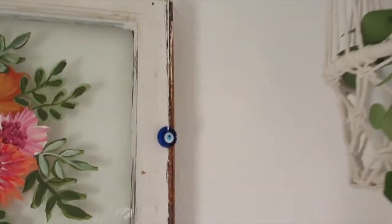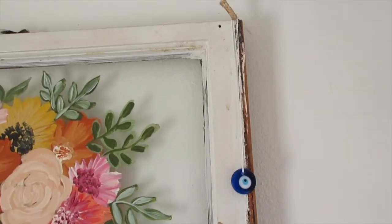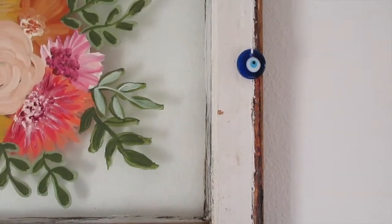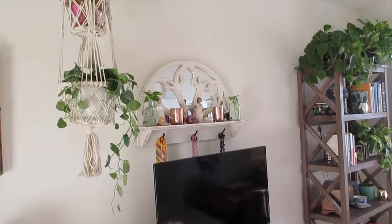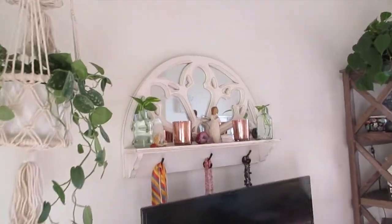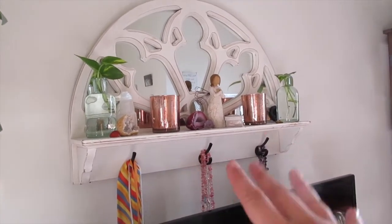And I forgot to mention this. I have this really pretty evil eye medallion hanging off of my window, and it's super, super cute. I also have one on a bracelet that I keep on me 24/7, but I have one in my room as well. Right next to my hanging basket, I actually have this mirror shelf hook combination,